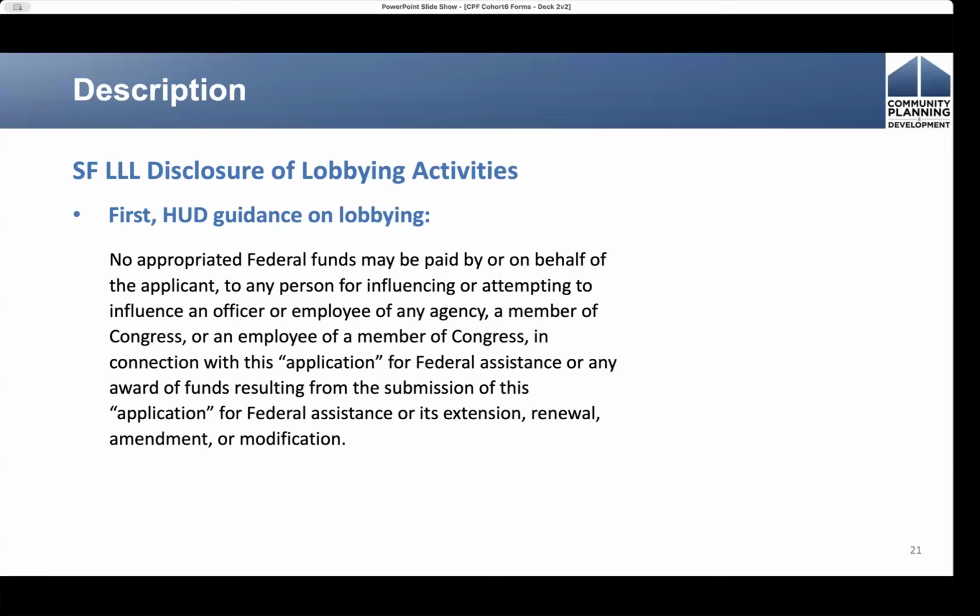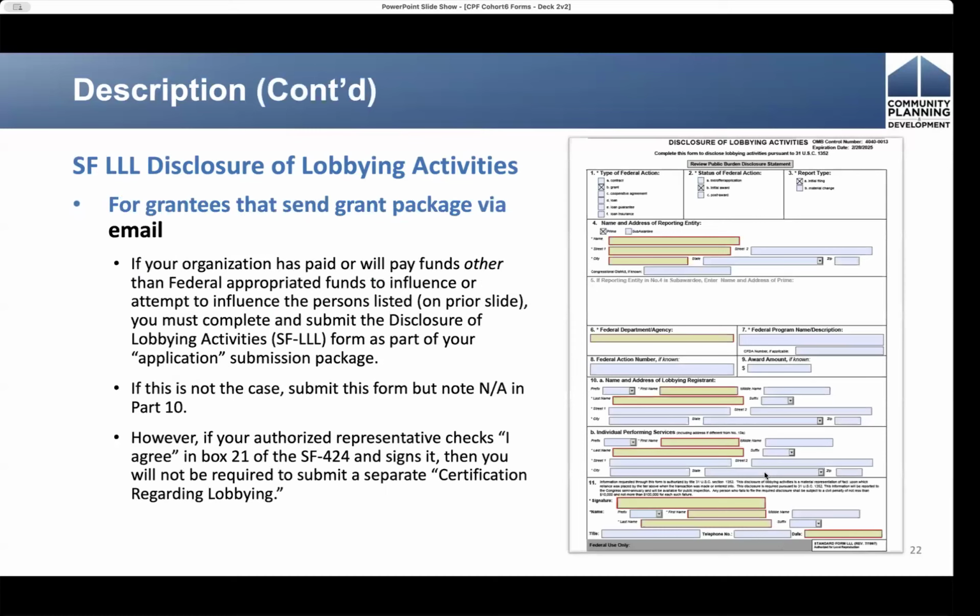And what that means is that no appropriated federal funds may be paid by or on behalf of the applicant to any person for influencing or attempting to influence an officer or employee of any agency, a member of Congress, or an employee of a member of Congress in connection with your application. This also includes any award of funds resulting from the submission of the application for federal assistance or its extension, renewal, or amendment or modification. So basically, no lobbying related to this application.